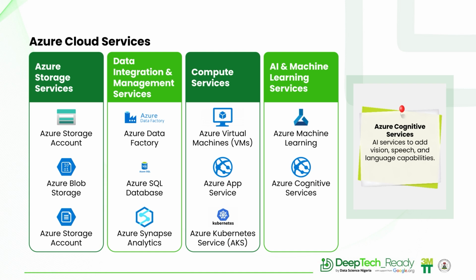We have also the Azure Files. Azure Files lets you store and share files between different machines in the cloud. You can use it to share documents or other data within your organization. So while this service is useful for many tasks, it's not directly used for machine learning. However, you can still have it come in handy for sharing files and collaborating with others when you're working on your machine learning project.